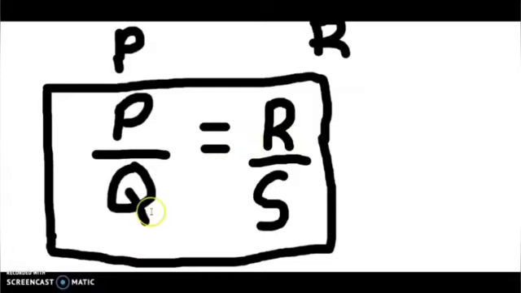Now, as I've already said, this has two important applications. It is used to compare resistances and it is also used for identifying an unknown resistance. Say, if we know three values of the resistances, say P is equal to 2, Q is equal to 3, R is equal to 4, and you are asked to find S, you can easily find the value of the unknown resistance by substituting in this equation, and you can also compare the values of each resistance. So this is what the Wheatstone's network is used for.